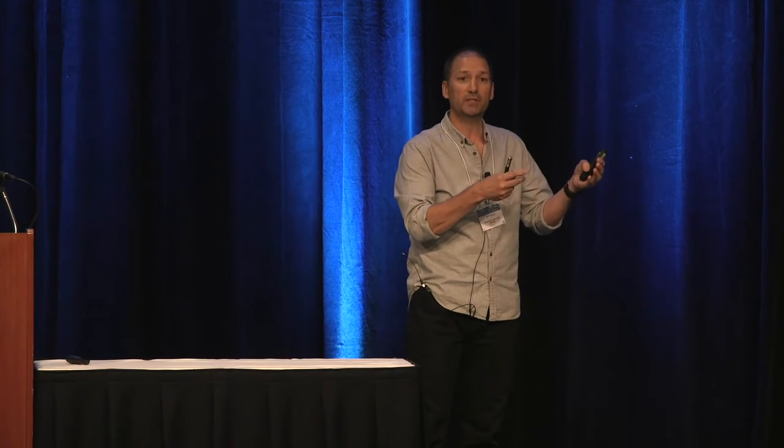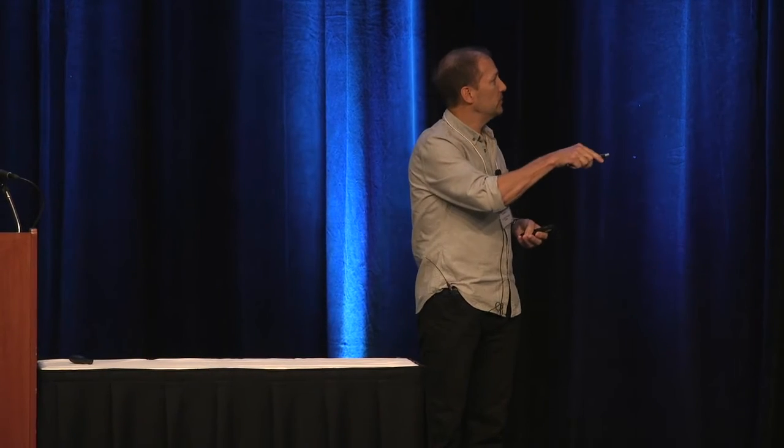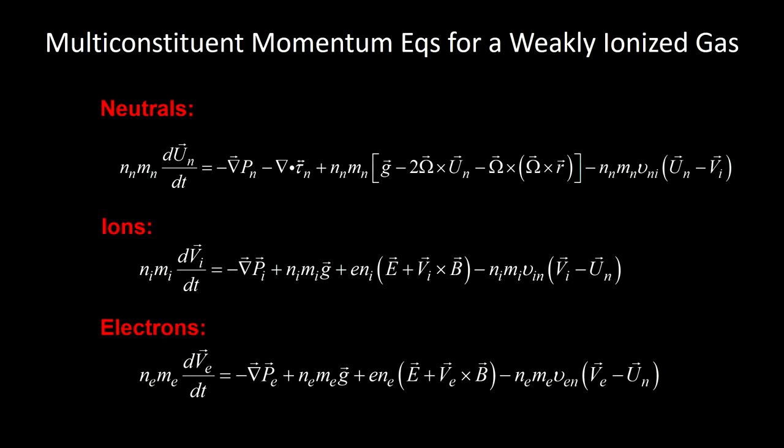That means that whatever species, the majority species, is really dictating what that neutral wind is going to be. If you're a minor species, you're not going to be required to meet the goals that the major species needs to do in order to couple it back to the other equations. So that's important. Now, we have all of our terms in here that we've showed before. We need to include our ions. We need to include our electrons. And the key, of course, is the coupling that occurs through the collisional exchange between the neutrals and the ions